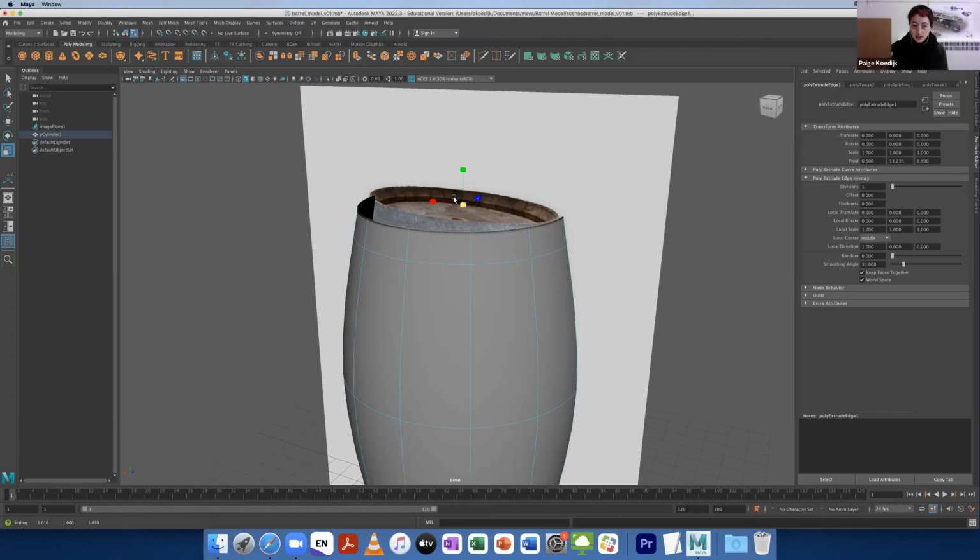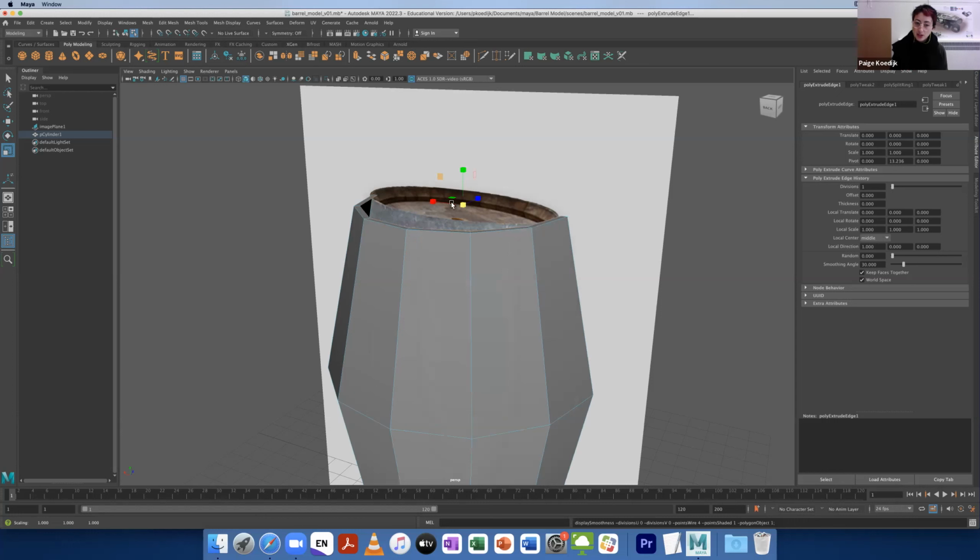What I'll do is, still with that open, I'm just going to swap to straight mode real quick by pressing 1, just so it's a bit easier to see. I can see now it's coming together totally uniform, totally horizontal. So I want my lip to be pretty small, like the image. I'm going to press extrude again, and I'm immediately going to press scale again. I'm going to take it in,